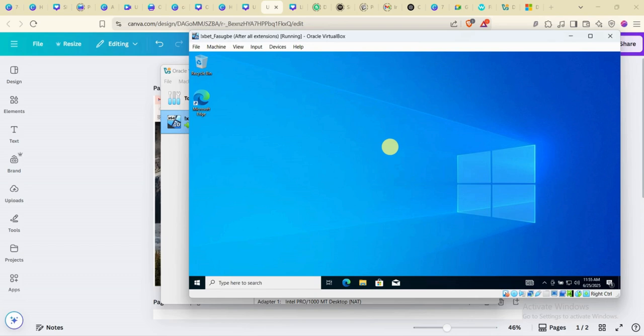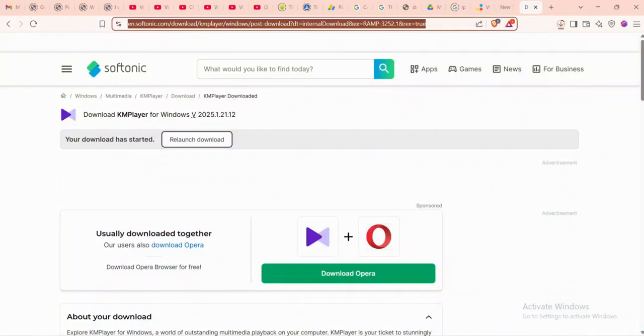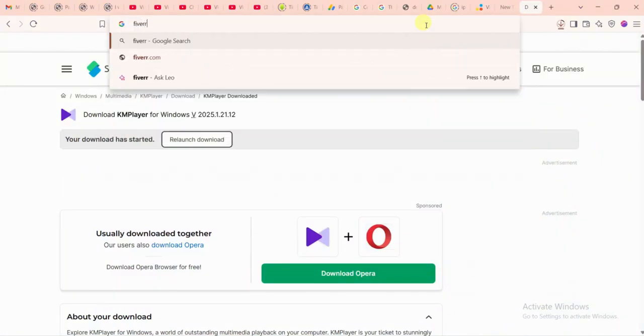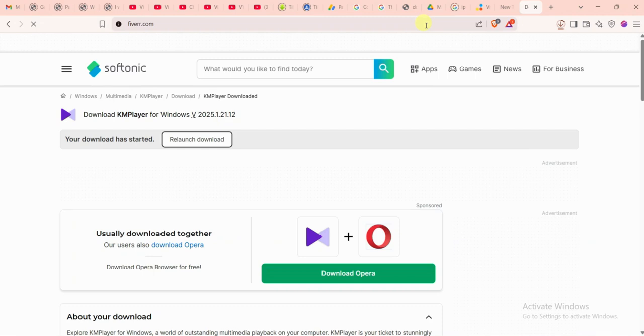On gig one, you need to search for a niche. Let me check something here. On gig one, let's say, let me come here. Let's say I come to fiverr.com here. I want to show you something. On your gig one,